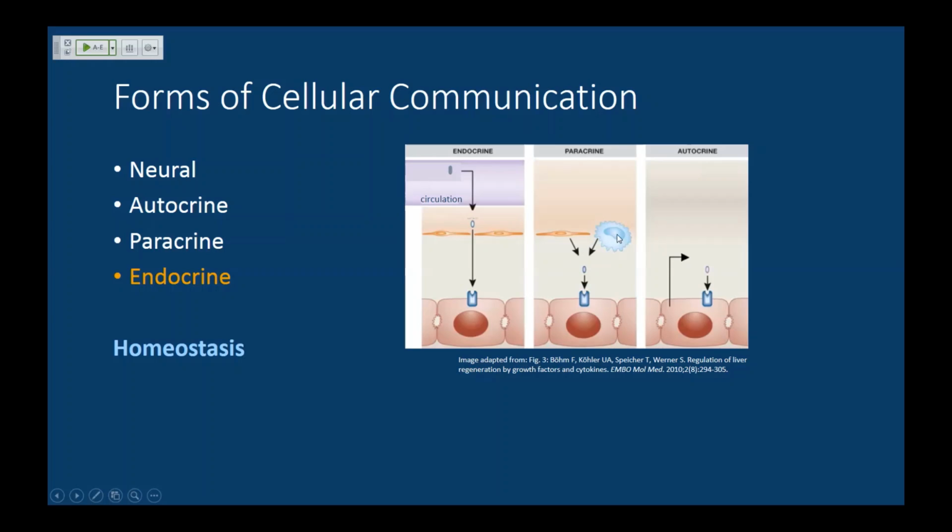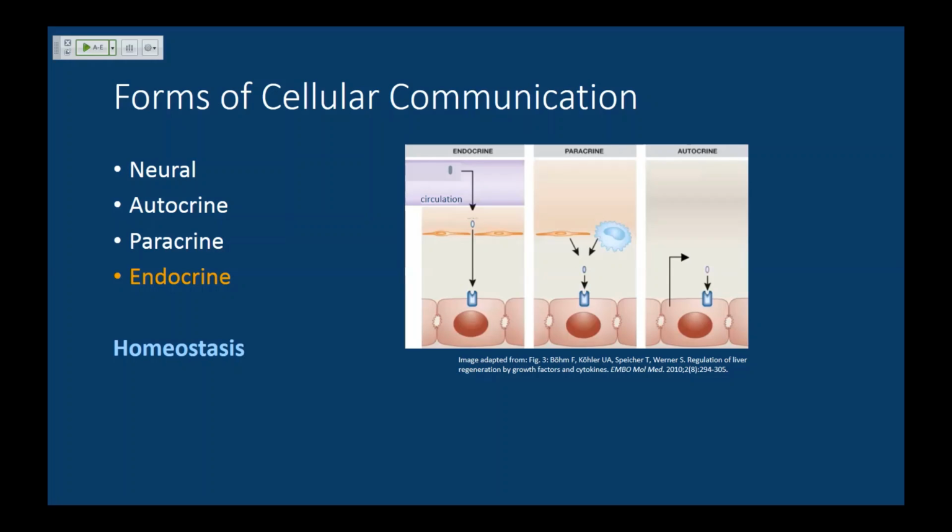A couple cells might secrete some kind of signaling factor, and it will diffuse to nearby cells, which would then signal them to have a certain action. And then the focus of today's lecture is endocrine, which is similar in that it's based on signaling compounds, but different in that we're secreting these signaling compounds into the circulation so that they can travel systemically throughout the body and exert their effects. Signaling compounds that are secreted into the circulation are then named hormones.